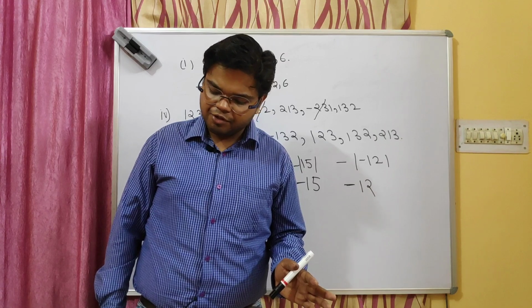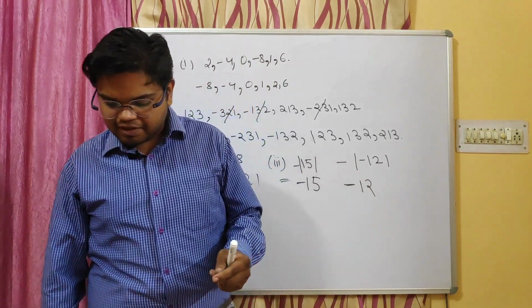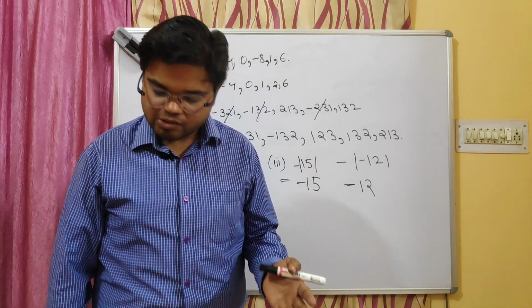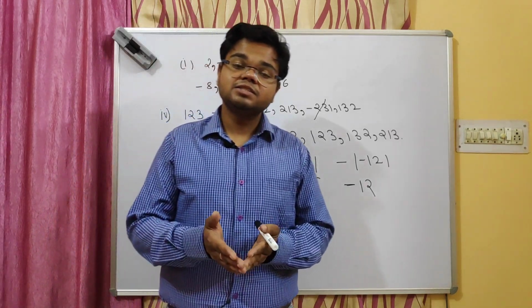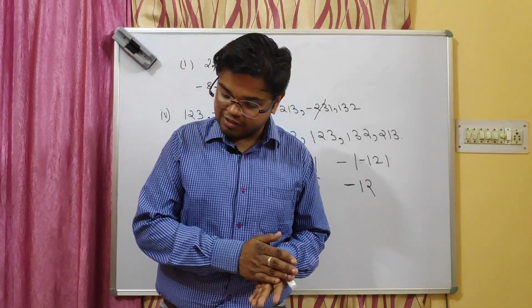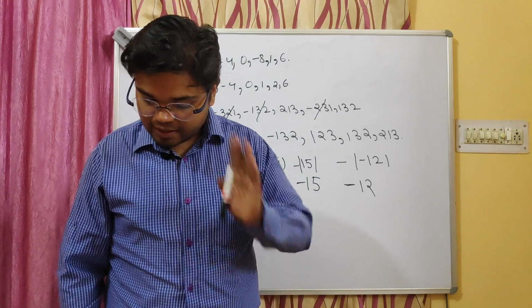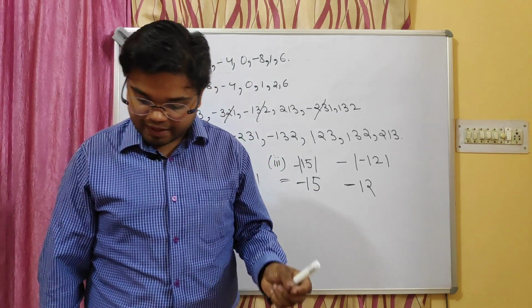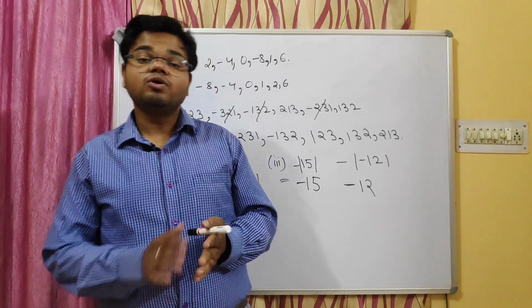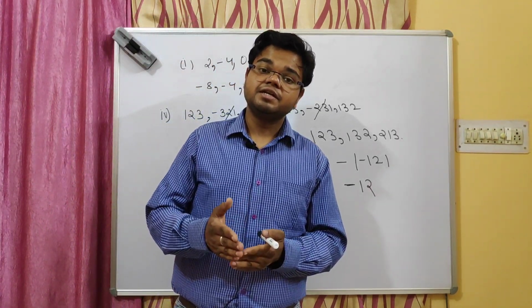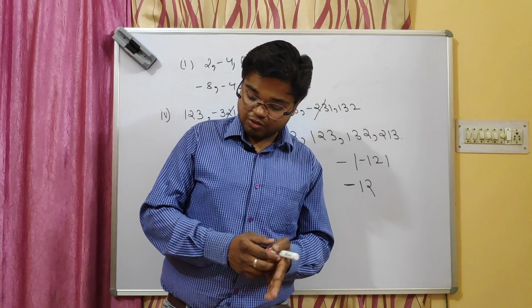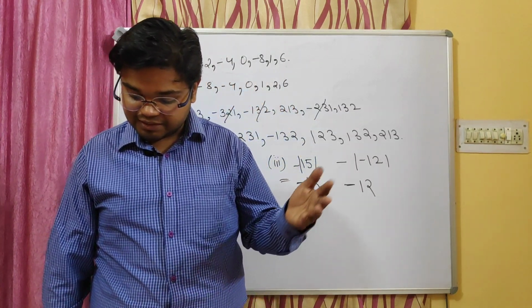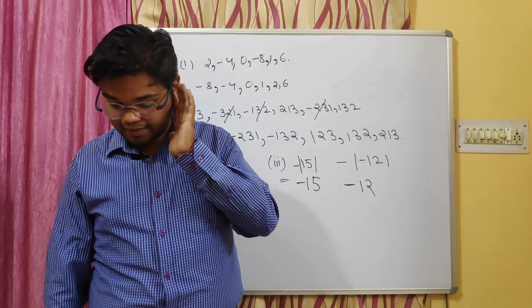Now MCQs, you will be doing them in your textbook only. The predecessor of the integer -1. So the integer just before -1, that is 0, -2. Question number 14. The least integer lying between -9 and -13. So the smallest integer between -9 and -13, it will be closer to -13. So the answer will be -12 if you can see on the number line.